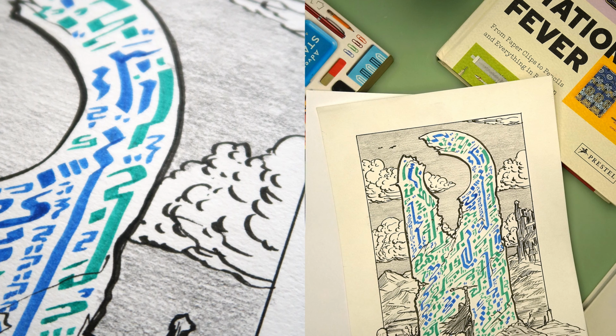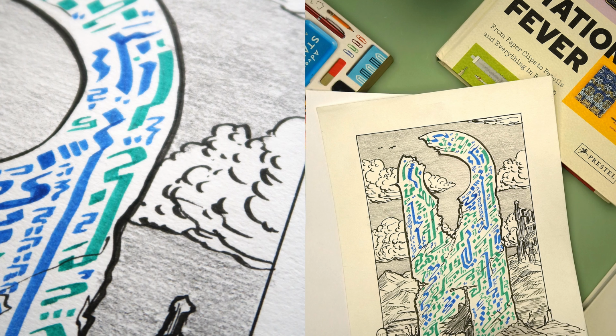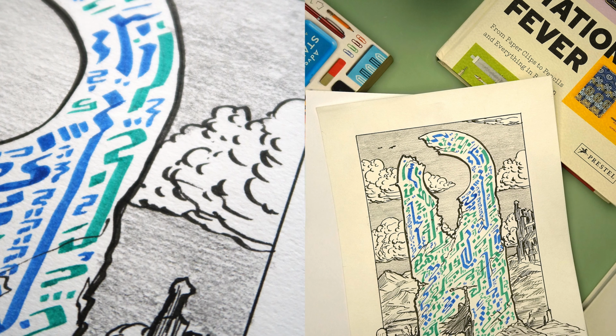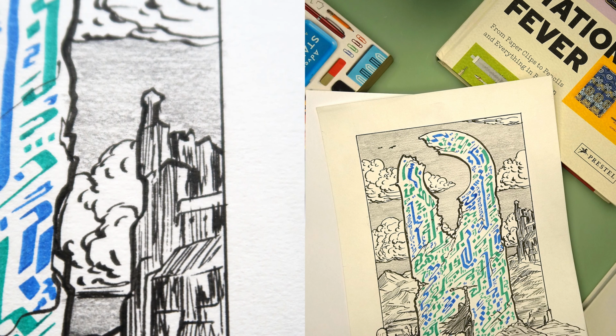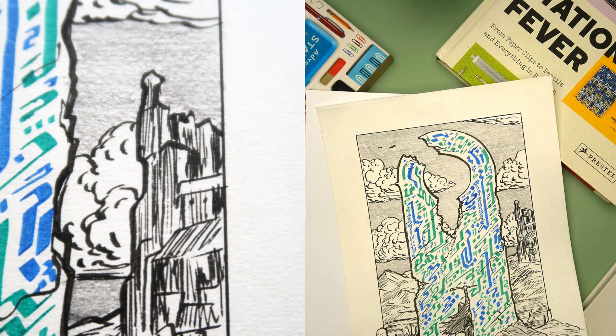I tried to actually maybe only do this initially. I had a basic pencil sketch underneath, but other than the gray tones, which are pencil, everything has been done with the